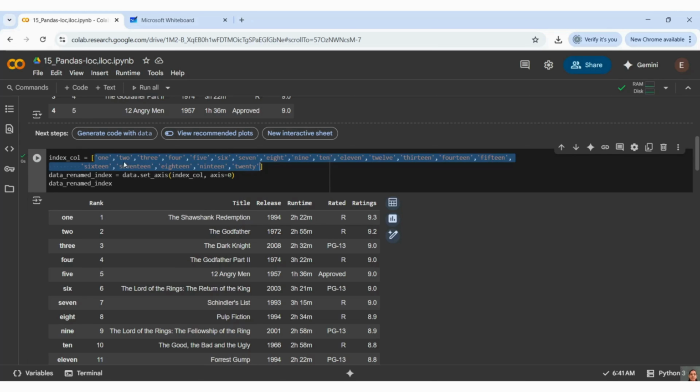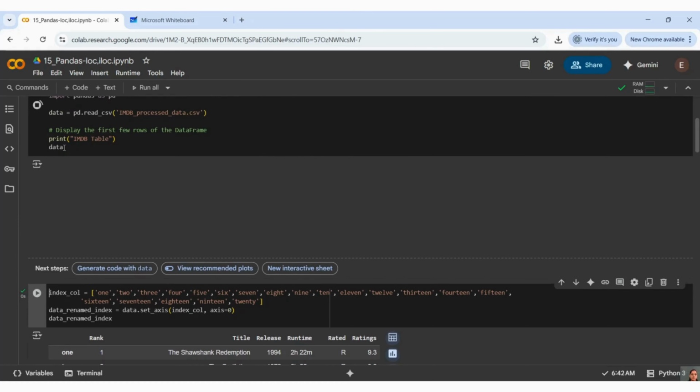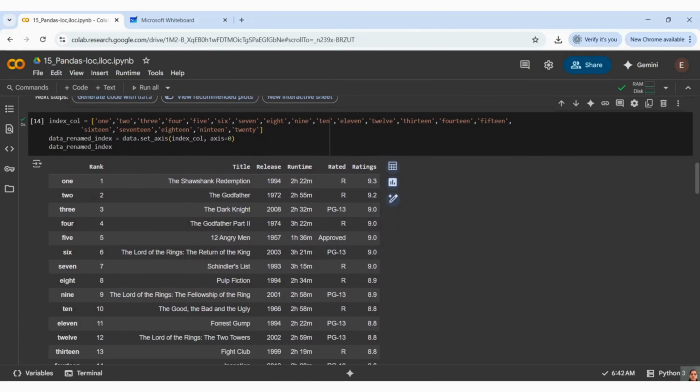Here I have 20 rows. If you see the complete dataset, I have 20 rows. Let me remove head and run it. You can see I have 20 rows. All those 20 rows I have renamed.